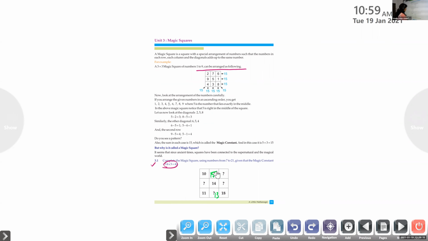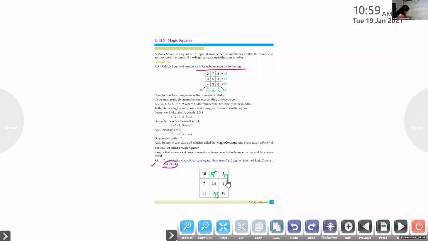Okay. Next, you can find out this one, no? 10 and 15, 25. 17. Yes, 70. Very good. 70. Then what about, then you have got this. Then these things you got, this one. Now this diagonal wise is also correct.